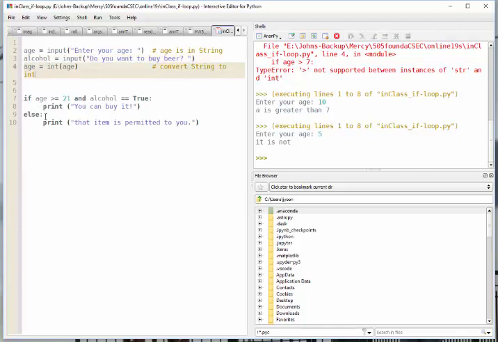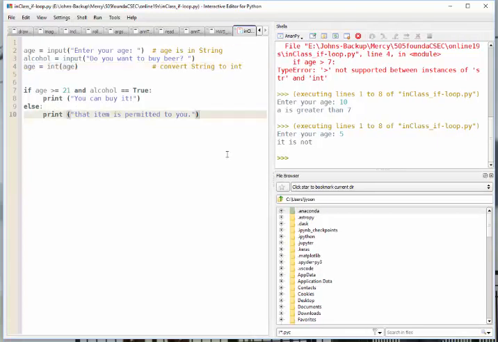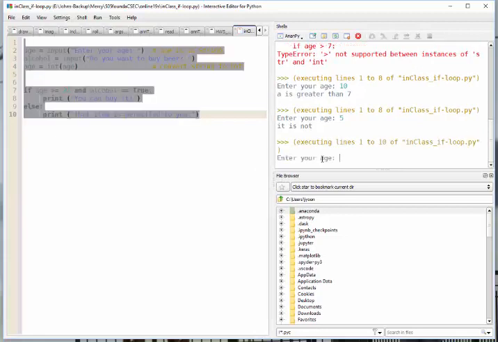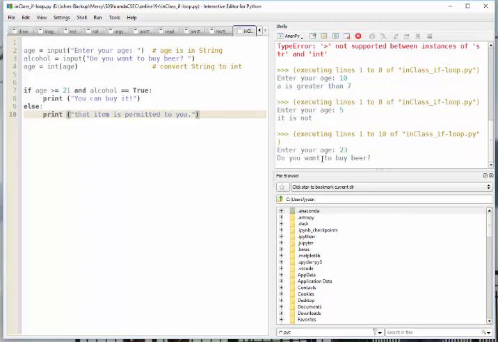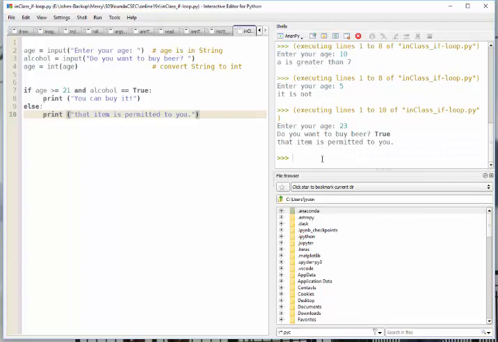What is this? There's a comment. Okay, so let's make this a little wider. All right, I save it and try to hit. So enter your age, say 23. Do you want to buy it? True. Then you can say this item is permitted to